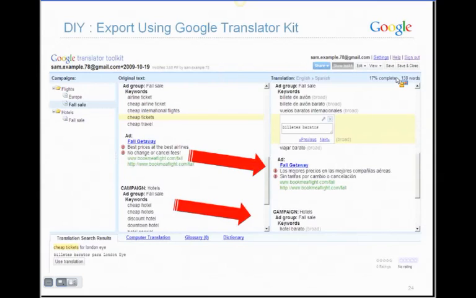You can then share your translations with your multilingual optimizers or professional translators, who can optimize and localize your campaign through Translator Toolkit's campaign editor. When you're finished, download your campaign and upload back into AdWords Editor. You can also optimize your keywords and ad text further through AdWords Editor and other tools, like AdWords Traffic Estimator.